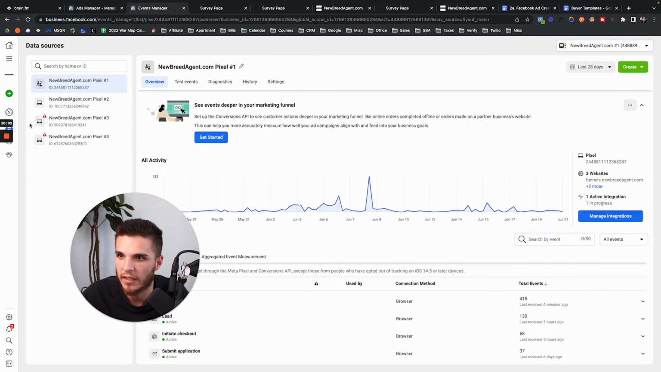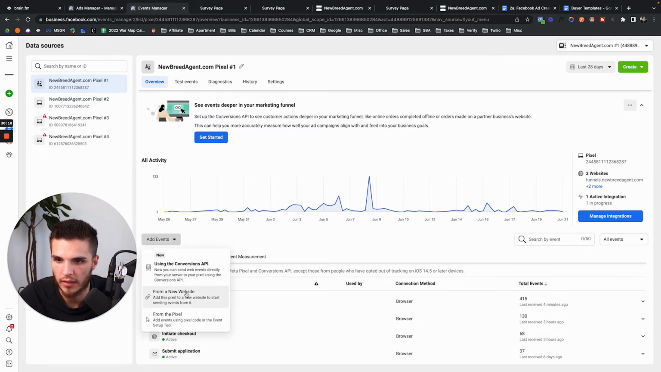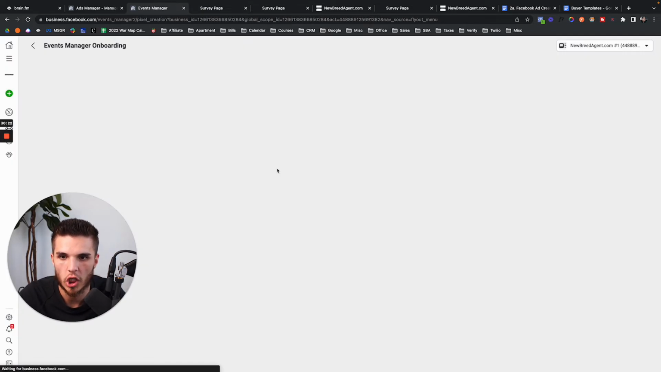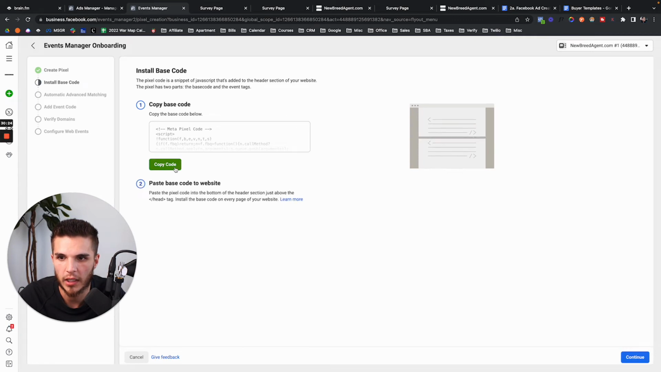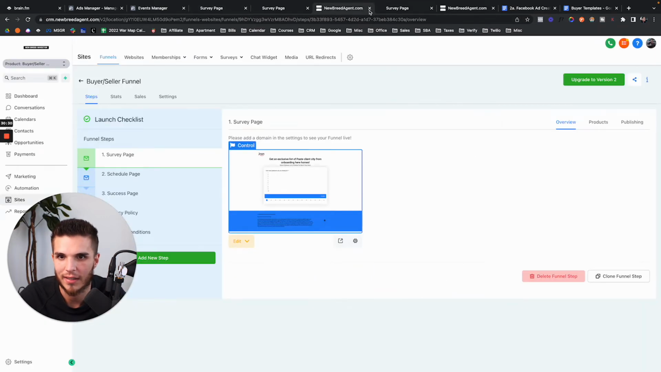So I'm going to click data sources, and then click on your pixel here, which is my pixel. Then I'm going to go to add events, click from a new website, click install code manually, and copy this code. Okay. So then in our CRM here,